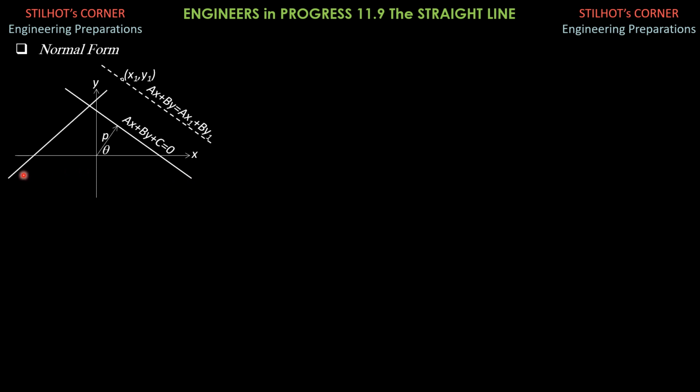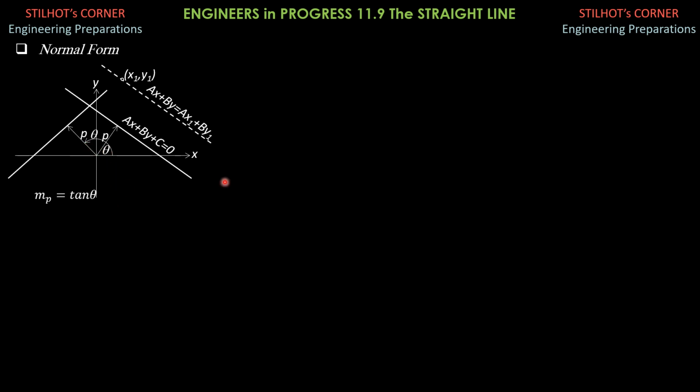Then this is the other possibility or position of the line ax plus by plus c equals 0. It may cross in the second quadrant, third, and so on and so forth. So I'll just consider these two situations, but this is also applicable to any position of the line. The angle that line P this time makes with the positive x-axis is also denoted by theta, but in this case theta is obtuse. So this is 180 degrees minus theta.